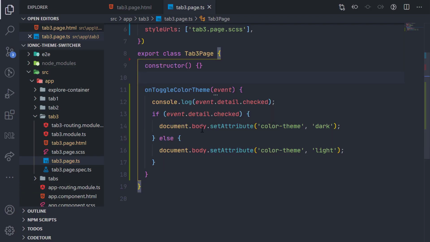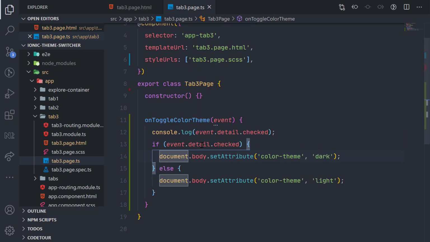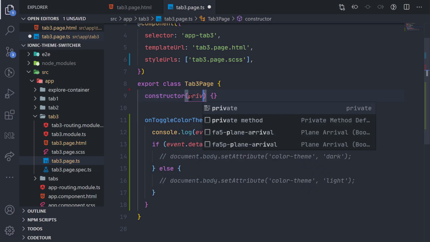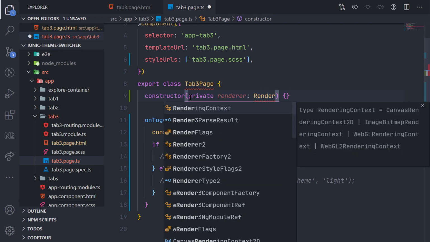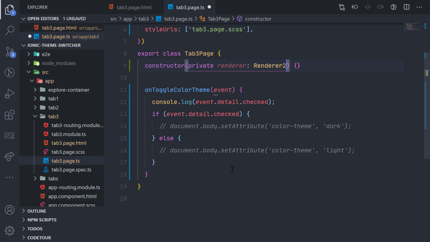So instead of directly using document.body here, we can actually make use of the Angular Renderer service. So in that case we can actually comment this out, and we can do renderer, and then we want to import Renderer2 from Angular core.